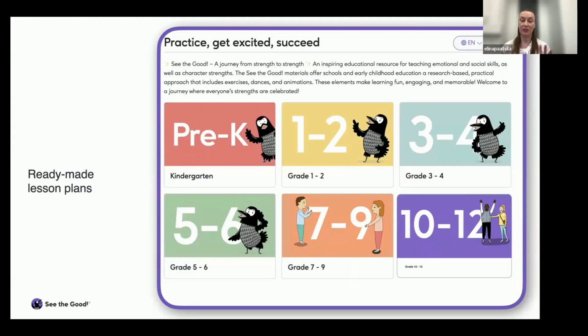You will have the strength crowd there animated, and for the older students, you will have different kinds of visuals, and this we are actually now developing. So what you find there now is different than what you will find in August. So this is also for you a little tip for the future, that we are now especially working with grades 7 to 9 and 10 to 12. So we will provide more material and a little bit different visual elements for the bigger students later on.